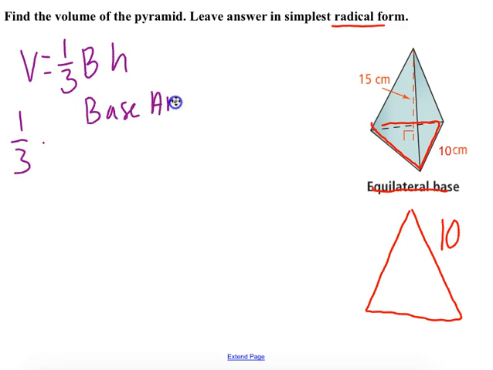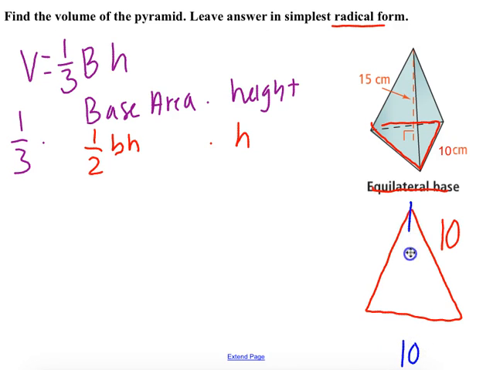Base area times height. Okay, now remember, how do you find the area of a triangle? So that's 1/2 base times height. Really writing this out. Okay, so that being said, you know that you have a base of 10 for your triangle, but how am I going to find our height? Since I said it was equilateral, we know all of our angles are 60, meaning this one's 30. So now you know that half